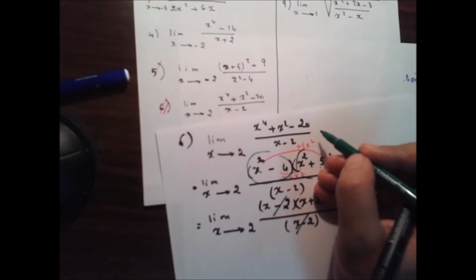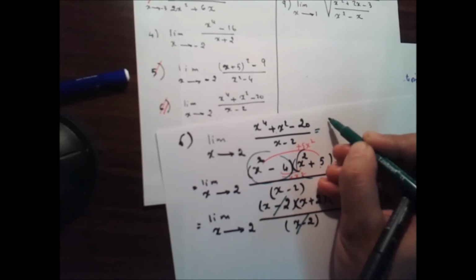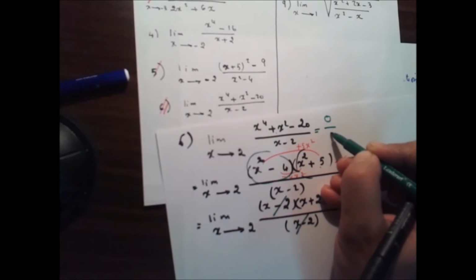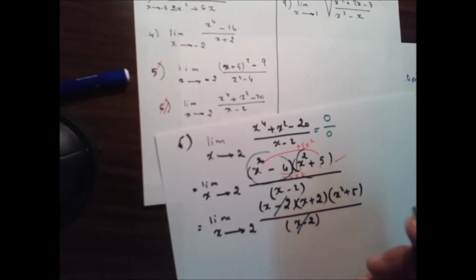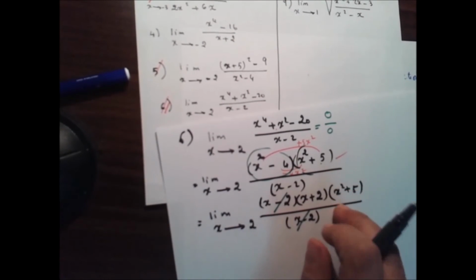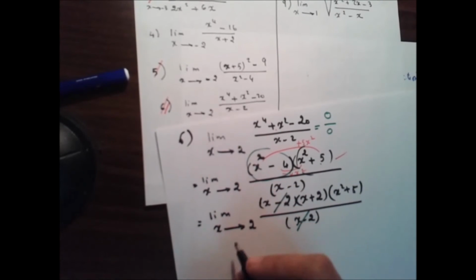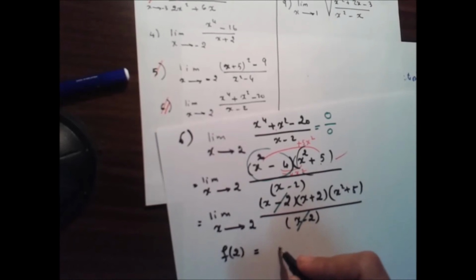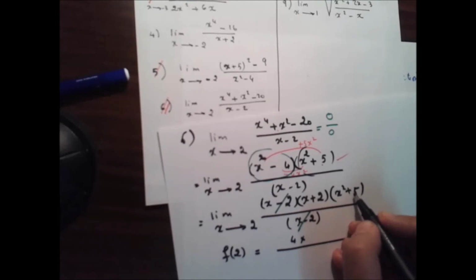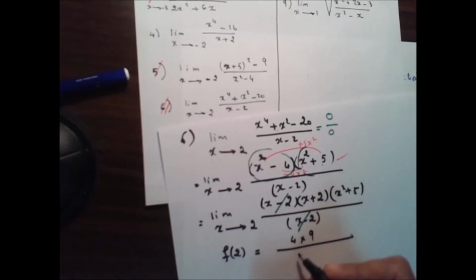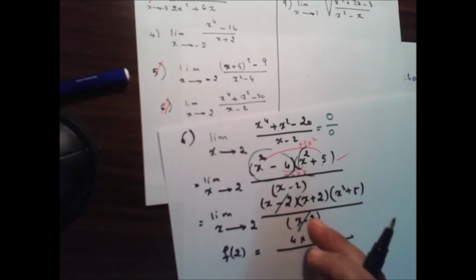Of course, the first step is to do direct substitution. If you do direct substitution from the beginning, you get an indeterminate quantity. So we have to do simplification. Now we can do a direct substitution and find f of 2 to get the limit of the function. This is equal to 2 plus 2 to be 4, times 2 squared to be 4 and 5 to be 9. So times 9, which is, we have 1 down. So this is equal to